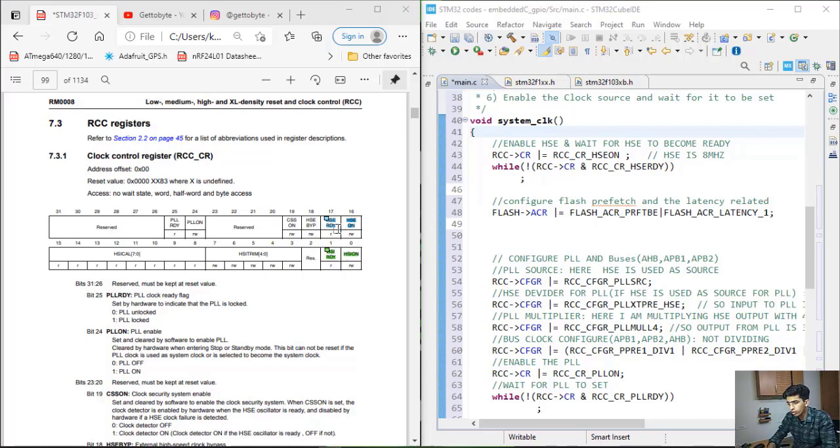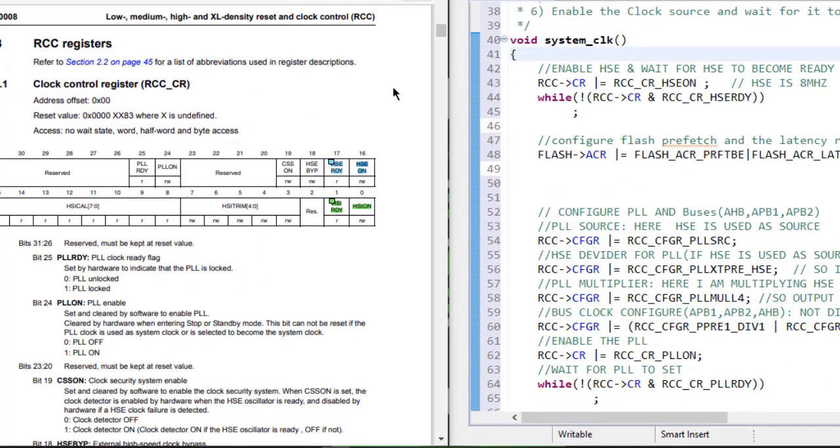So if we are using it for a system clock, and for our PLL also, because our PLL input will be coming from these output clock sources only. If we are using the HSE clock, then we need to set the bits HSE ON and HSE RDY. We have to set the HSE ON bit, and we will monitor the HSE RDY bit, to see whether our clock has been configured in a stable condition or not.